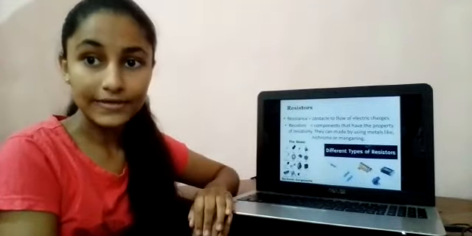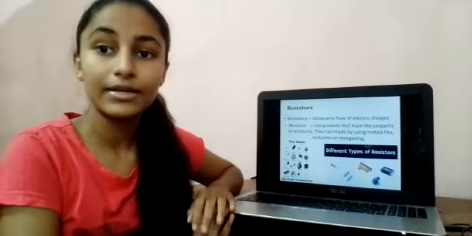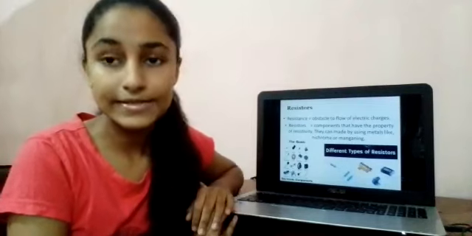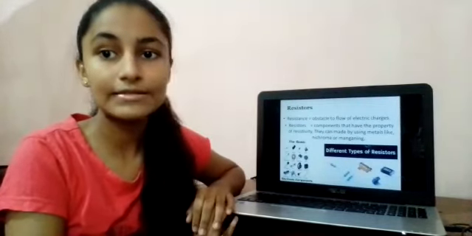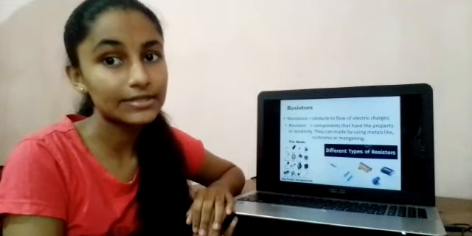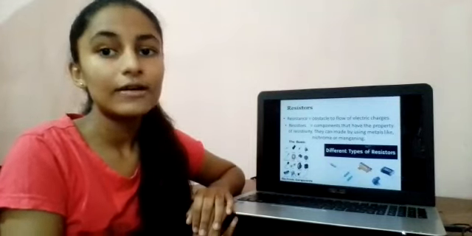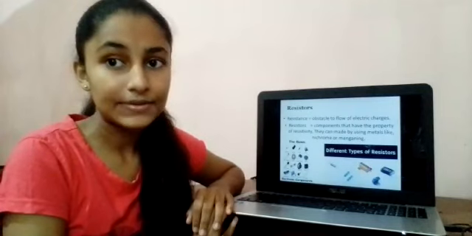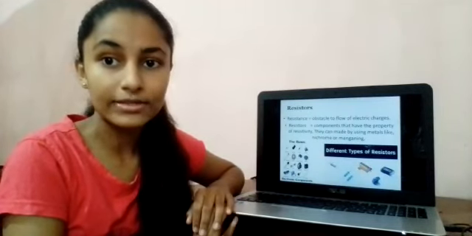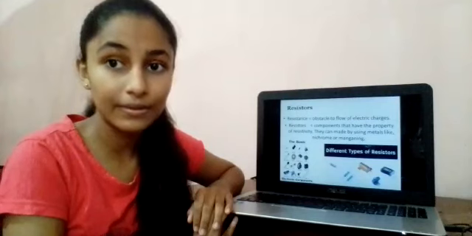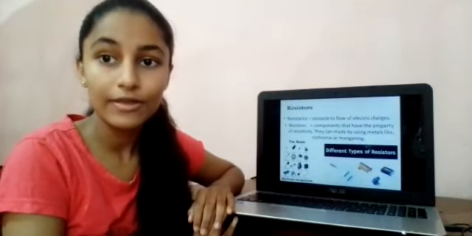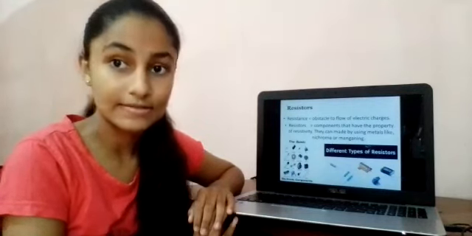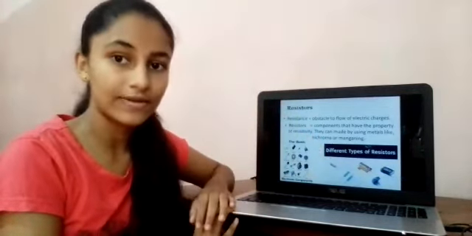Now I'm going to talk about resistors. Resistors are also very important current controlling components. Resistors are components made with the property of resistance. Resistance is the obstacle to the flow of electric charges through the circuit. Copper is a good conductor of electricity. Copper has very low resistivity, but metals like nichrome and manganese have very high resistivity. Therefore, they are used to make resistors. You can see there are different types of resistors.